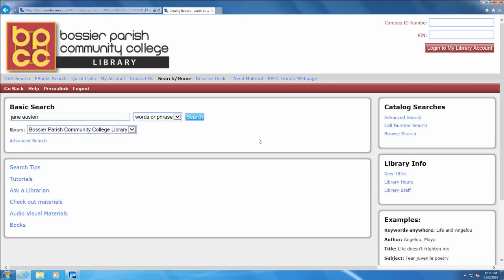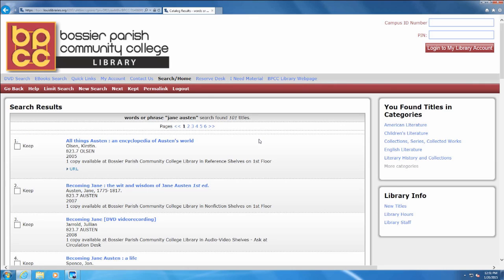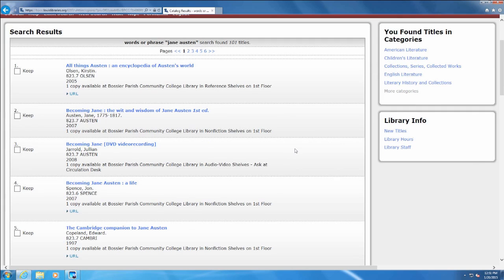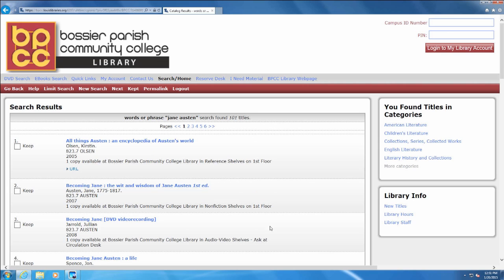And in this case, that means anything she's written, anything about her, and any movies based on one of her books. So in this case, we have 101 titles. So that can get a little tricky. You don't really want to go through 101 titles in order to find exactly what you're looking for. So one thing you can do is I'm going to do a new search,